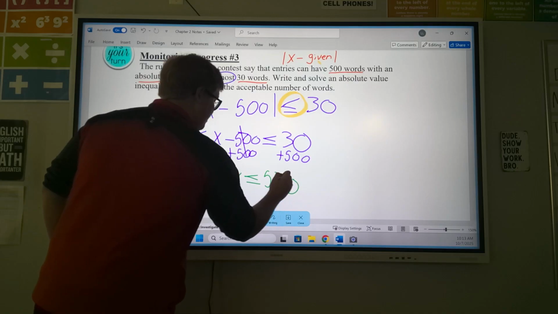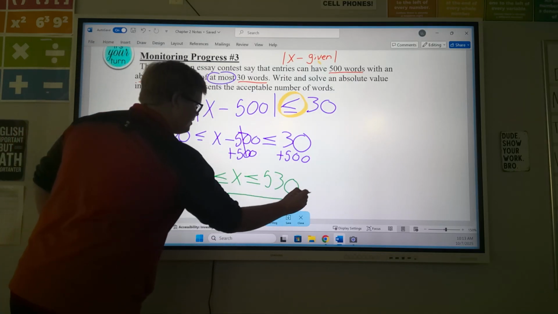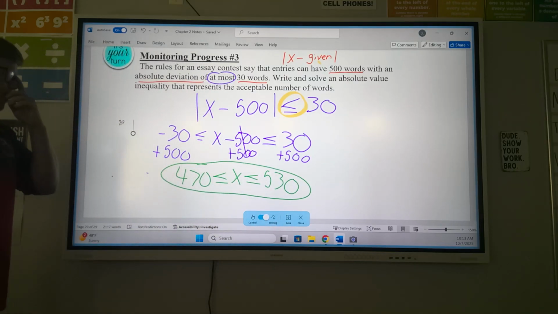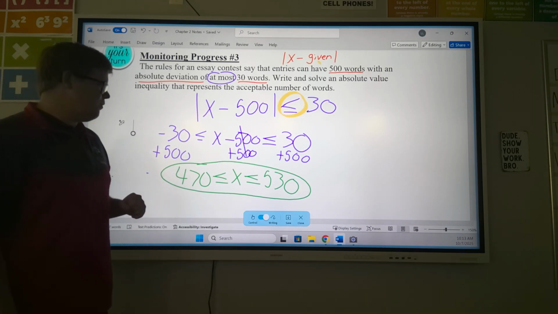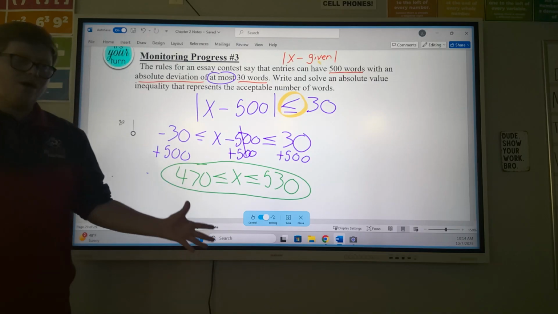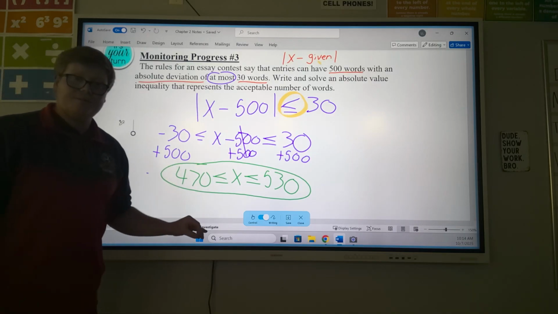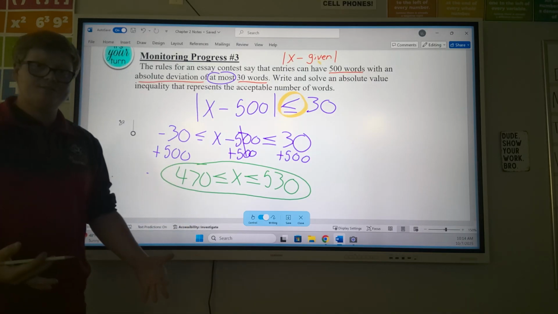So this tells us right here that your essay has to be in between 470 words and 530 words, or the least amount of words you can write is 470, the maximum amount of words you can write